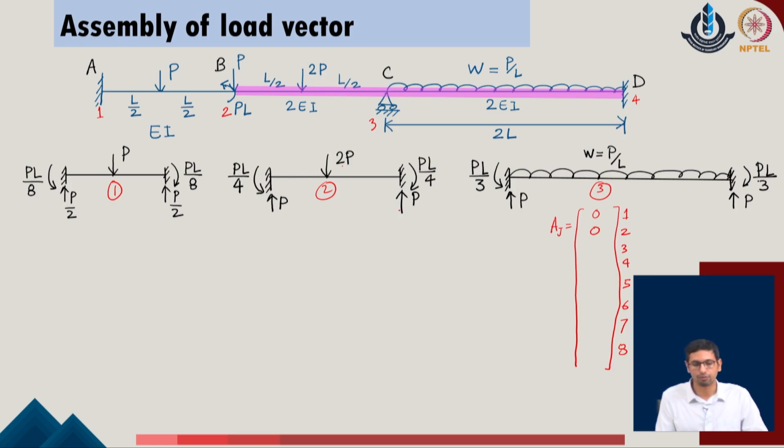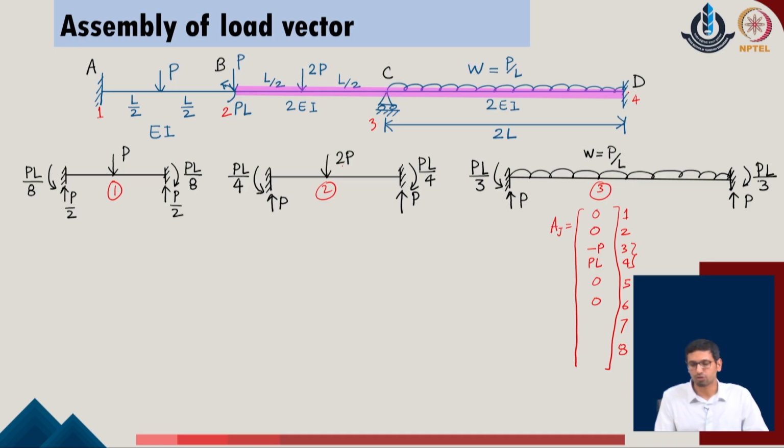Similarly, for joint 3 and 4, the contribution of the degrees of freedom 3 and 4 corresponds to joint 2. I see here that there is a load which is downward, so minus P, and in the direction of 4 we have a moment which is PL in the given problem. Then I move to joint 3, corresponding to which we have 2 degrees of freedom, 5 and 6, and there is no force on that. So, there is 0 contribution for this given system.